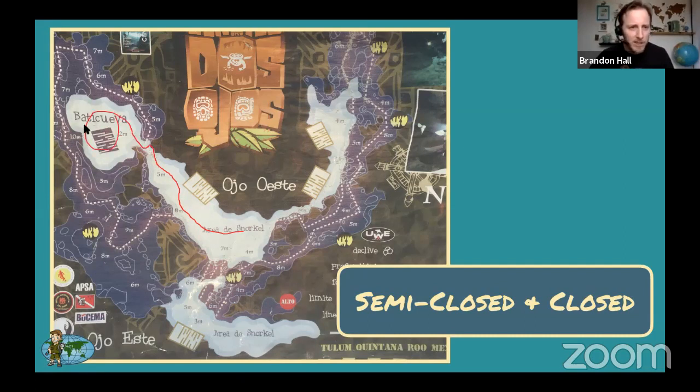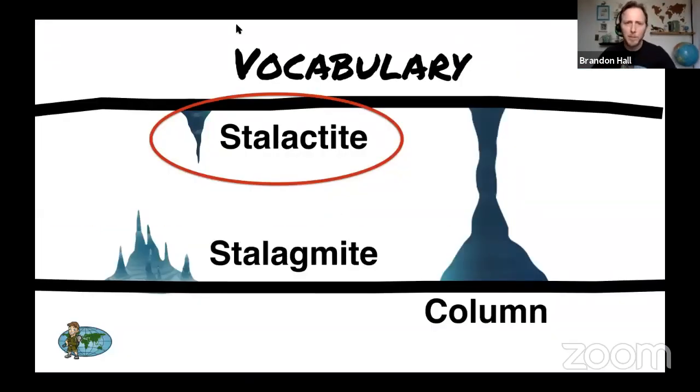And we're going to go into this area. This is called the Bat Cave. I'll give you an idea: you can guess to your friends why it's called the Bat Cave. But this is a closed cenote, so we'll get an idea of what a closed cenote looks like. All right, so before we head